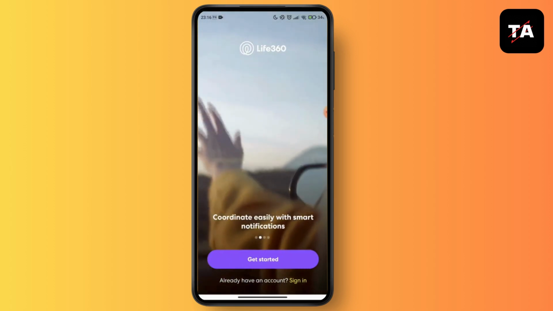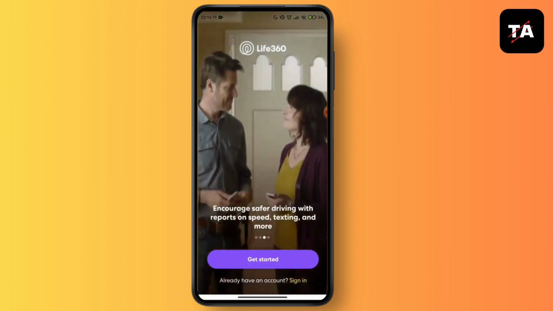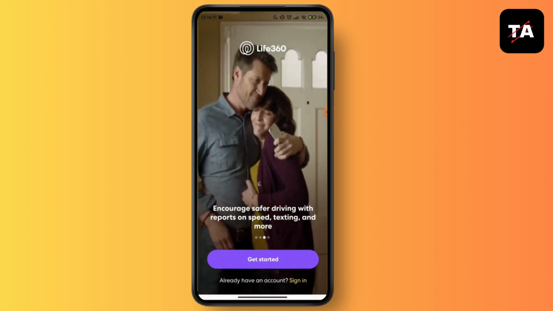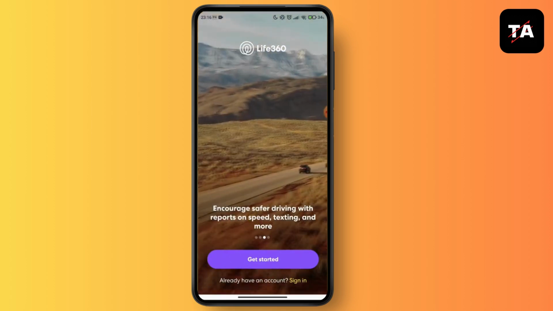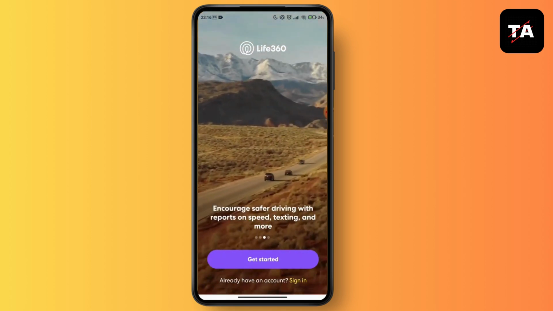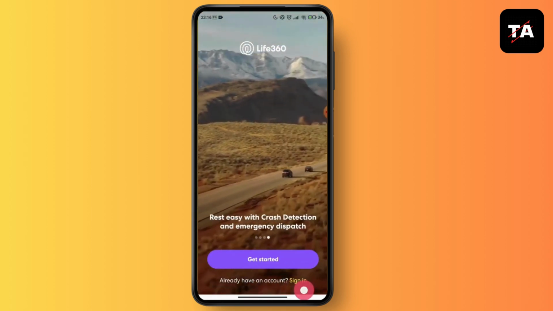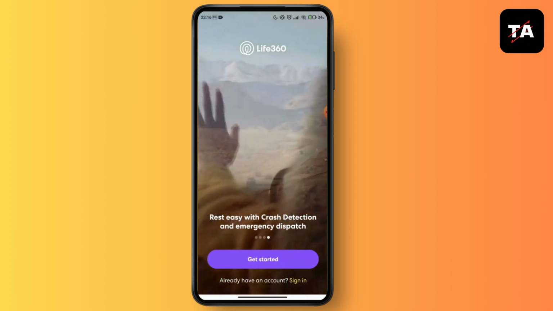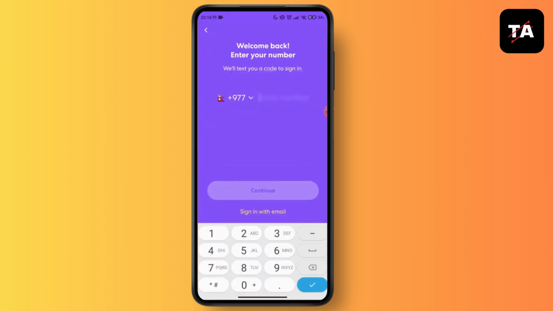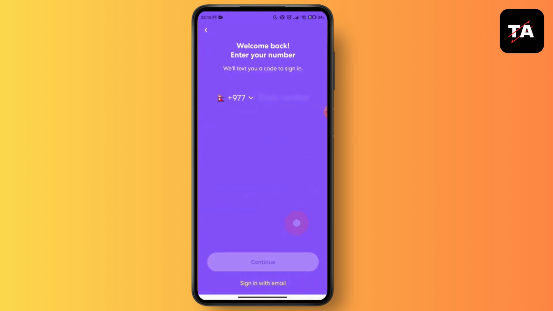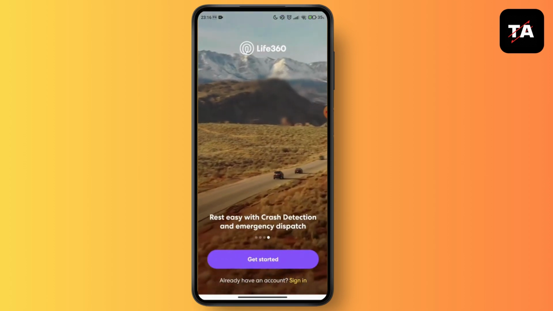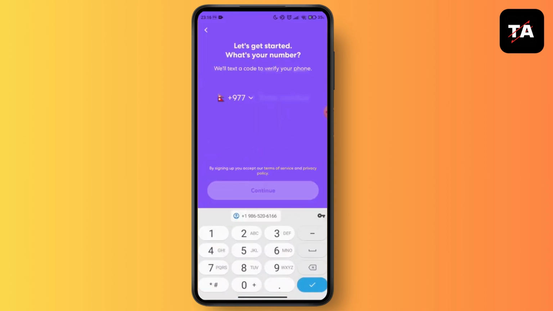and you can coordinate easily with smart notifications and encourage safer driving with reports on speed, texting and more. So if you already have an account, you can go for the sign in option, and you have to type your number here, and also you can go for sign up with your email here. So if you don't have an account, then go for get started, and you have to write your